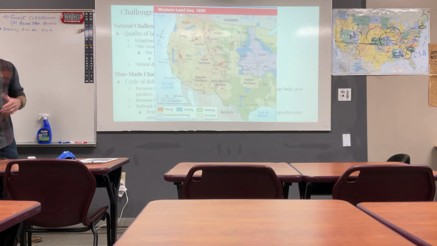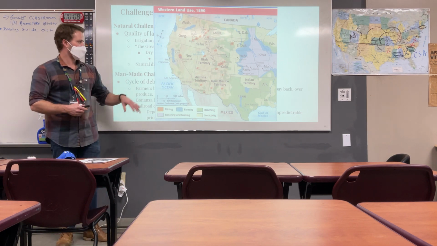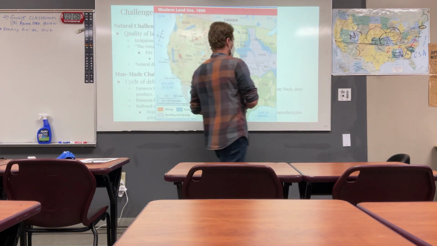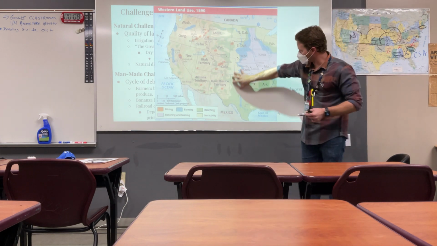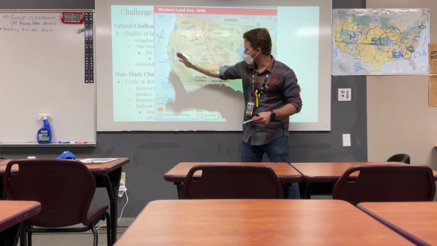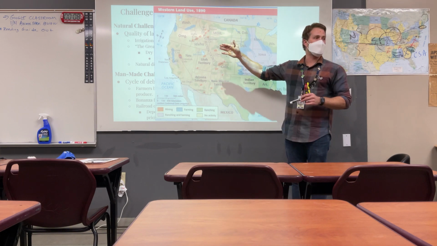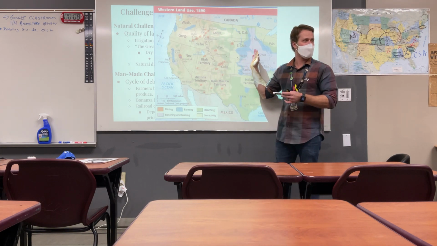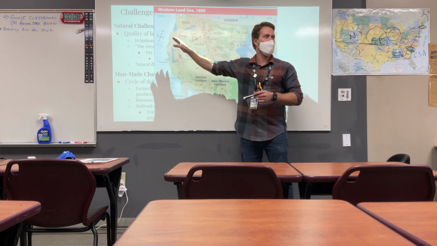There we go. And this is a good map that shows you what's happening in the West. We see farming and ranching. Ranching means, of course, raising cows, cattle, other livestock, happening here in the middle. Mining out this way. Some farming out here in California. It shows what's happening as we spread westward, and now you can see why by the end of this era we say there's no more frontier, right? Because we've come all the way westward to either farm, to mine, or to ranch.